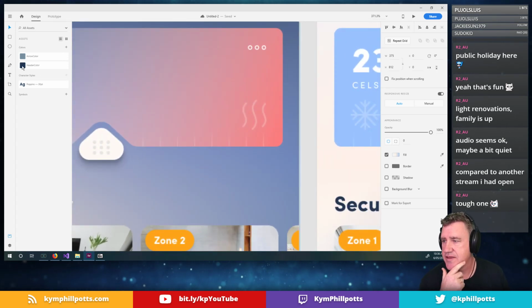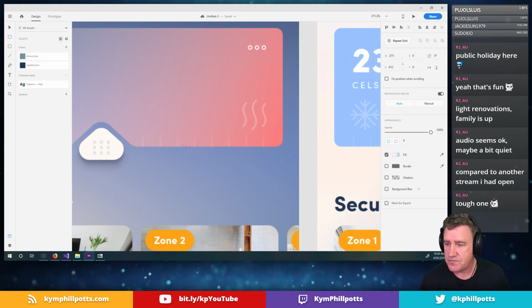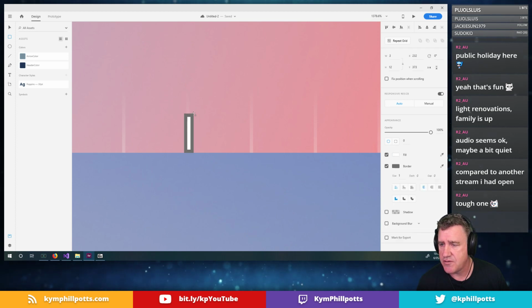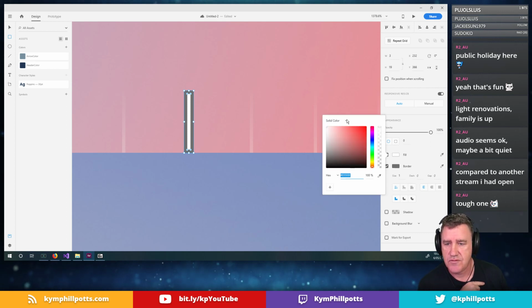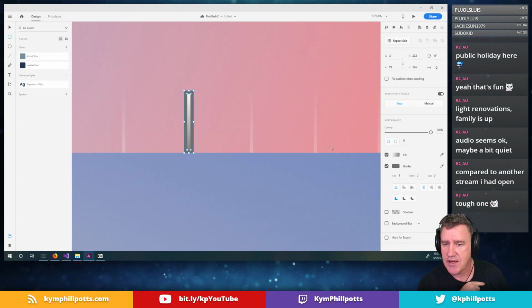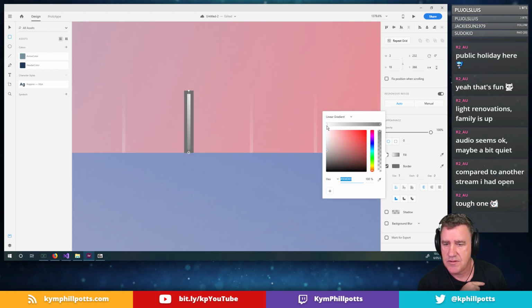Here's an interesting feature in Adobe XD. If I was to come along here and create myself a rectangle here, I'll give this a fill, which is a linear gradient fill that goes from this color. Oops. Goes from this color here and up the top. Maybe it just goes out to white actually. Maybe we'll pick a slightly different color. Let's go with